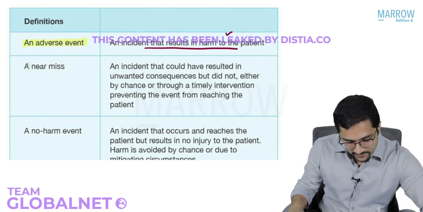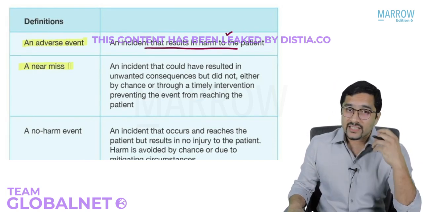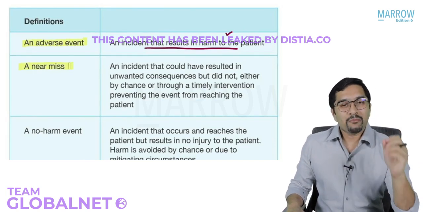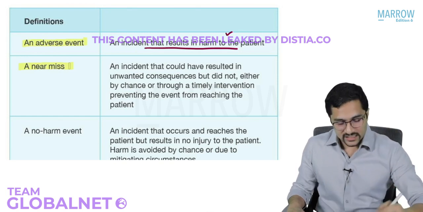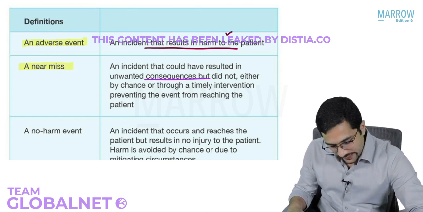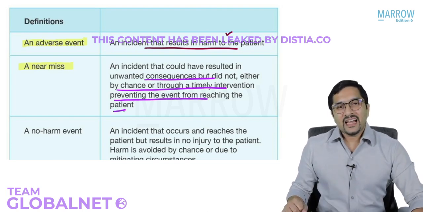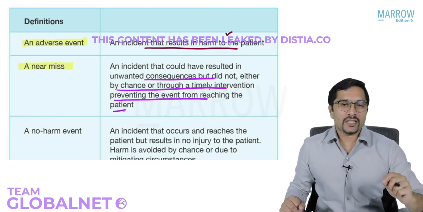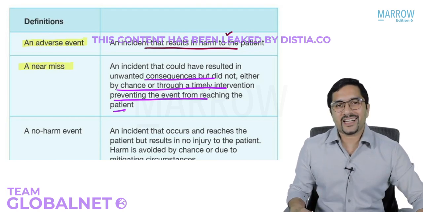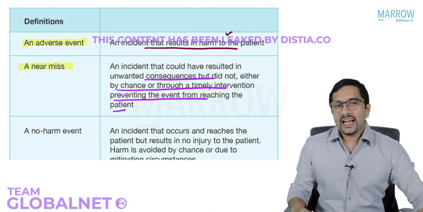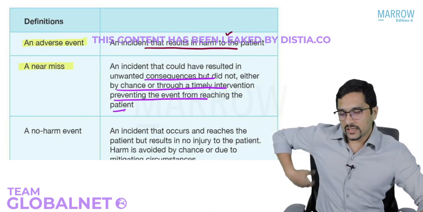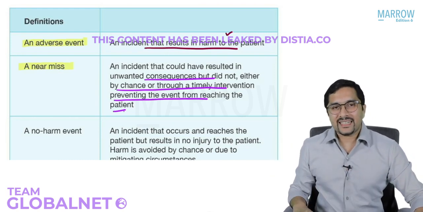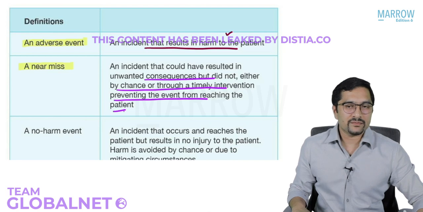A near miss event is an event which could have resulted in harm to the patient, but because of timely intervention, that harm has been prevented, right? Because of timely intervention, that event has been prevented. And the example for this was a patient of ours where the surgery had been done, and again the patient had had a reconstruction, the latissimus dorsi flap, and the anesthetist had put in an epidural catheter, right?